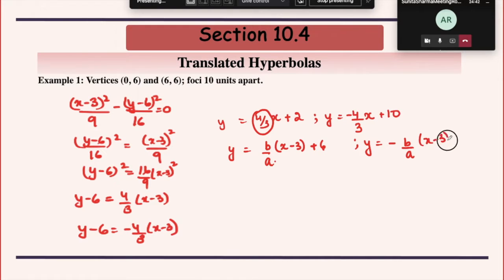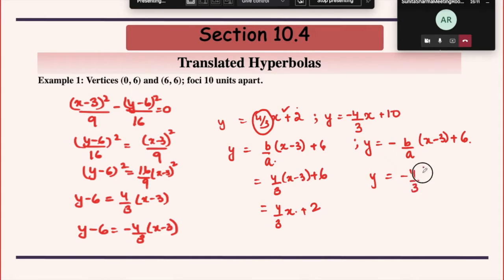Rest everything is same. So if you substitute the value of b by a and then simplify, my first one becomes 4 by 3 x minus 3 plus 6. So you can simplify it further, 4 by 3 x, and this part is minus 4 plus 6 gives you plus 2. So you get this equation, and the second one is